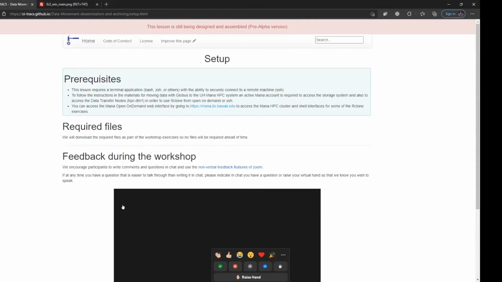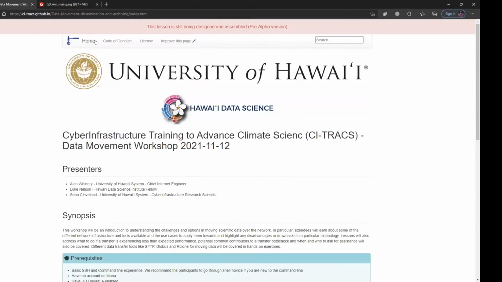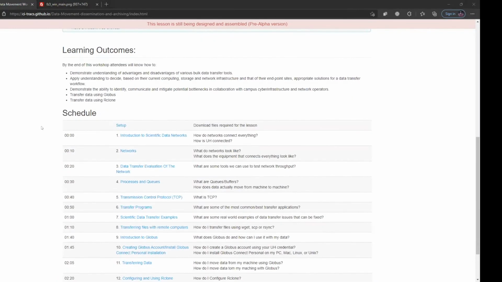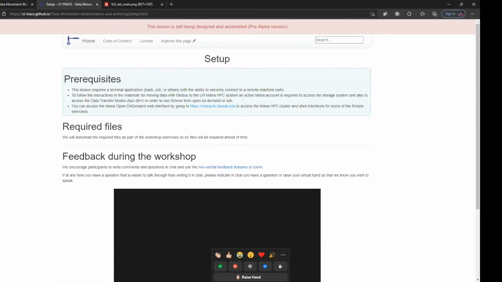Just looking at some of the setup for the workshop, if you want to access the Mana Open On Demand web interface, I should have done this initially. Let me give everyone the materials. Here is a link to the materials. That link should take you to this homepage. If you scroll down to the schedule and click on setup, this will take you to an area where I talk about prerequisites, but there's a link to